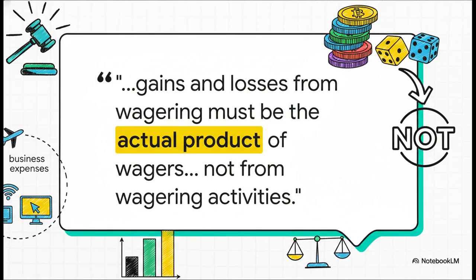Now, the landmark case here that every pro needs to know is Mayo v. Commissioner. The court made a really important distinction. It said that a professional gambler's regular business expenses under Section 162, things like travel, data subscriptions, software, are not considered wagering losses under Section 165(d). This was a huge win. It allowed those expenses to be deducted separately. Now, OBBBA is going to throw a wrench in that by lumping them together for that 90% limit, but the core principle from Mayo is still critical.